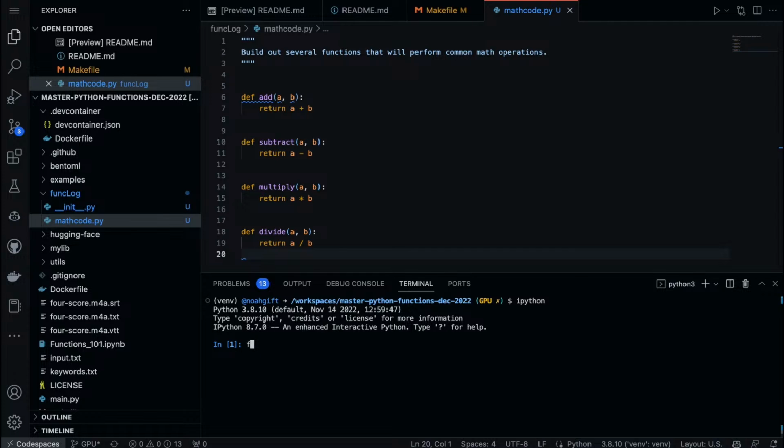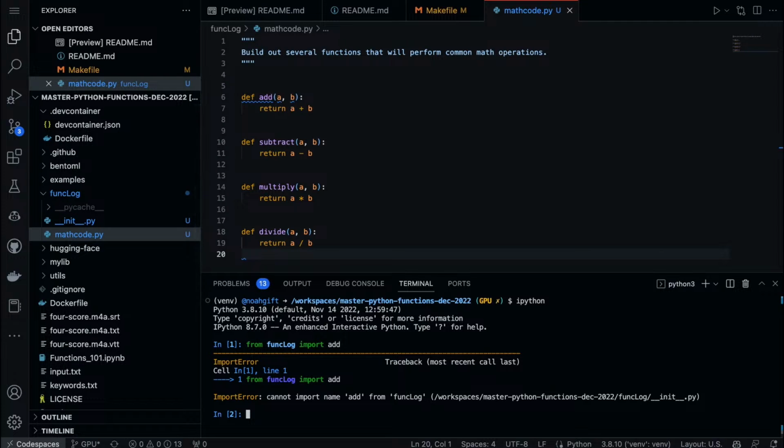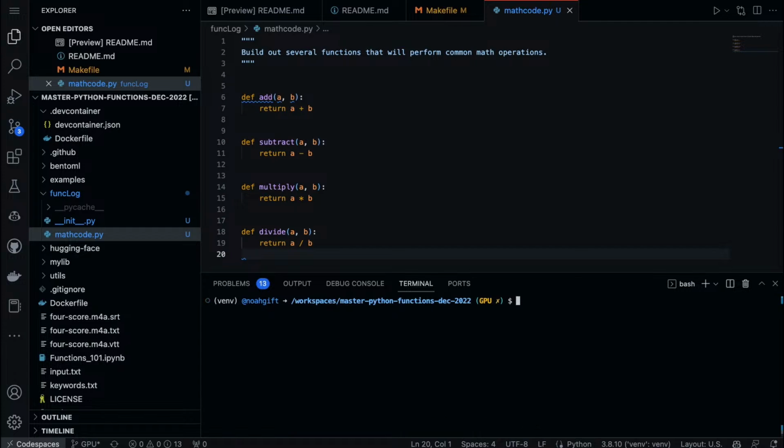So what I do is I say from func logic import add, and now func. Let's double check why. Because I imported it wrong. So this is exactly the bug that we would flush out, right?